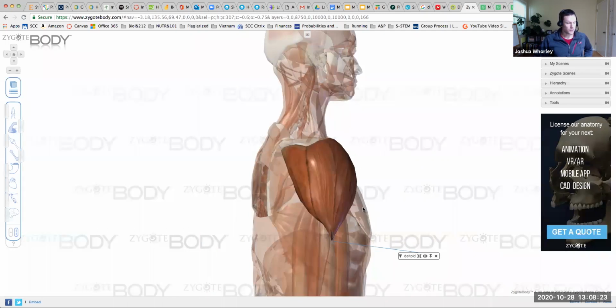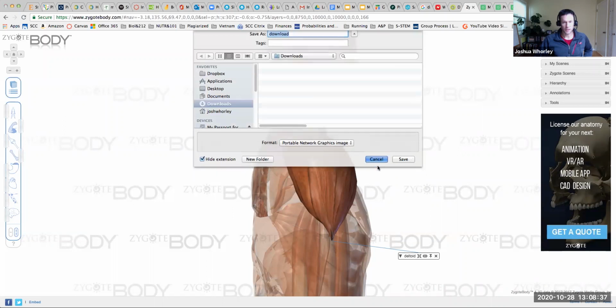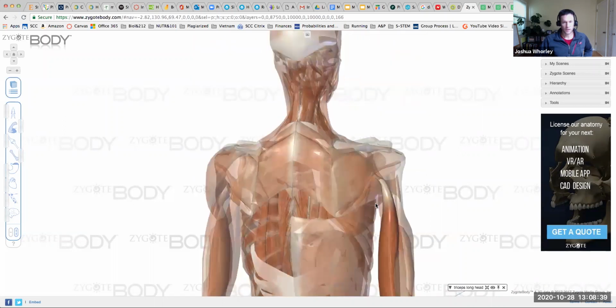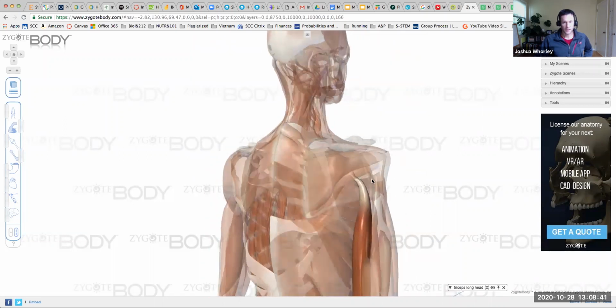The first is the supraspinatus, and these are the ones that are easy to see on the dorsal side: the supraspinatus, the infraspinatus, and the teres, most of the teres major and minor. Now, here's our